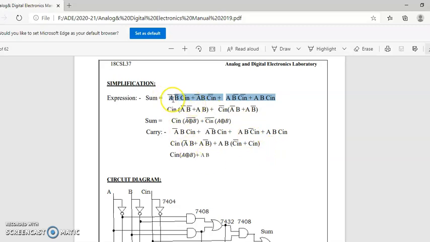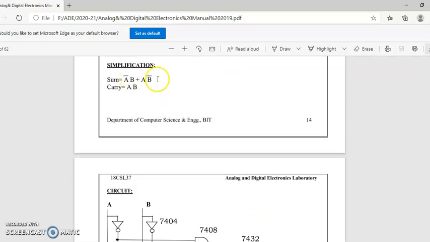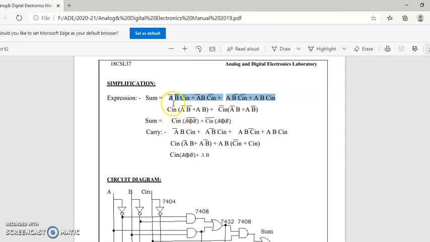So what do we do now? Already it is there here, A bar B plus A B bar. In that way we try to simplify it. For the first term and the last term, we get the common of C in. We'll extract C in into A bar B plus AB.